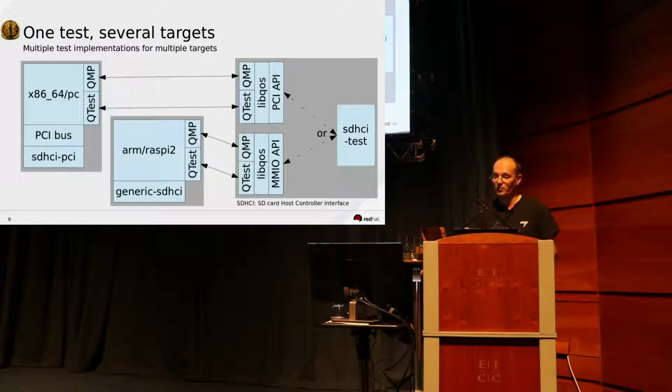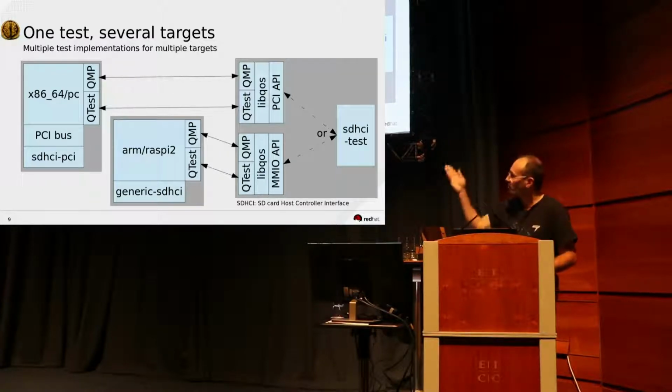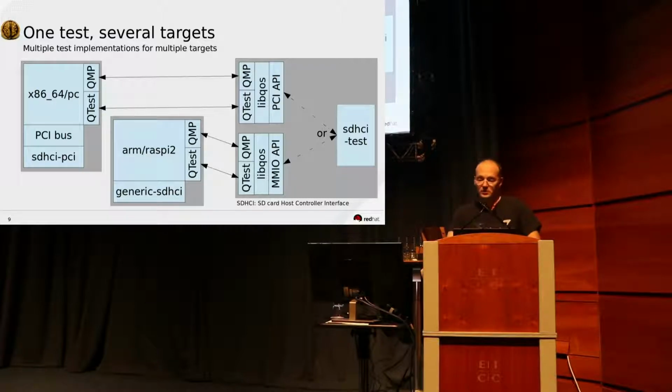The device can be provided by a PCI card, like in the PC, or be a part of the machine, like we have in the Raspberry Pi 2. It's a memory mapped device. So, if we want to test the SDHCI card on different machines, to have a better coverage of our test, we have to adapt the test for every machine on which we can have the interface to test. So it can be very time-consuming, and we have to reinvent the wheel every time we have a new test for a new interface.